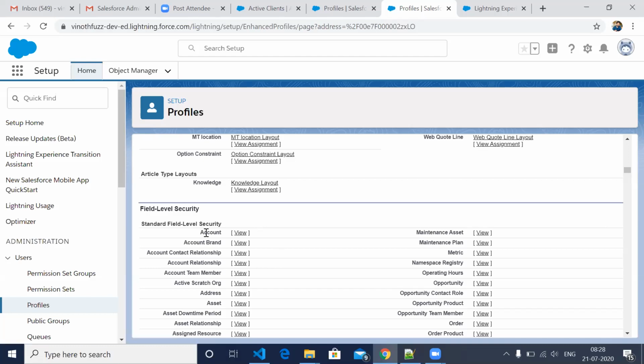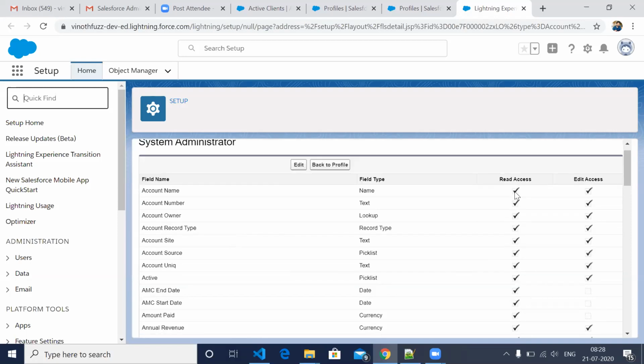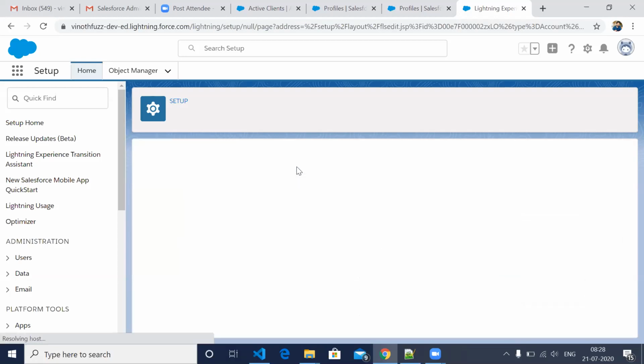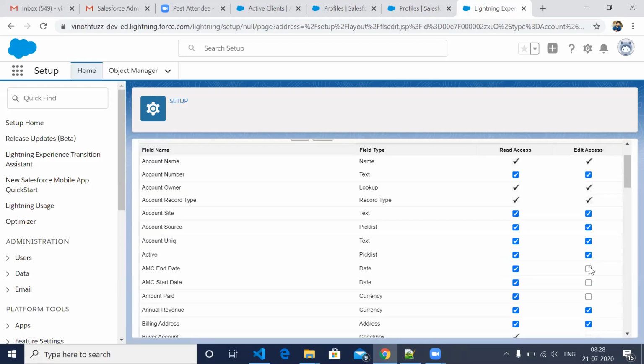So now I have created this account field level security. Whenever you are creating a new field, at that time also it will ask for which profile you want to give it, whether you give read access and edit access or not. Okay, so these are the fields and these are the access. Suppose I click the edit button, I can just uncheck it or check it.